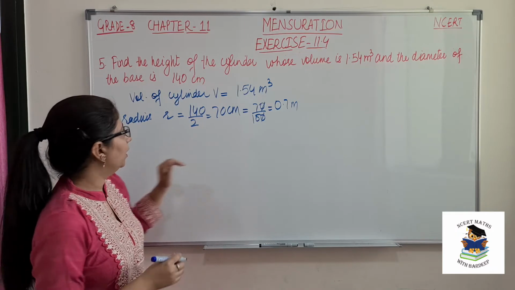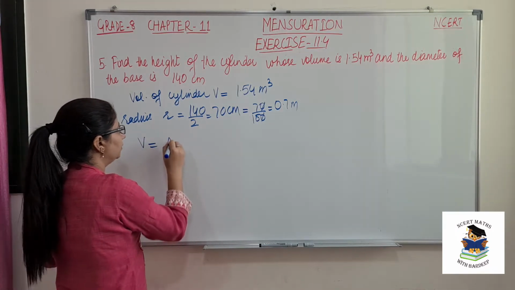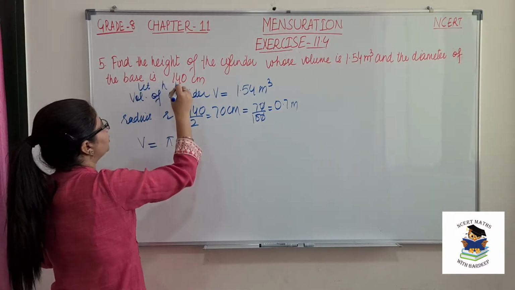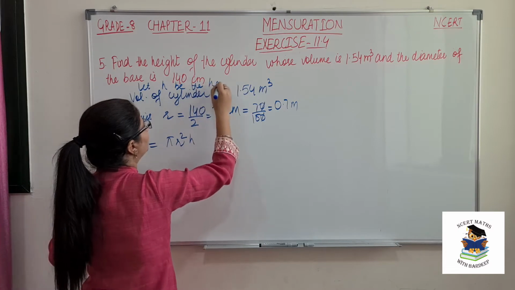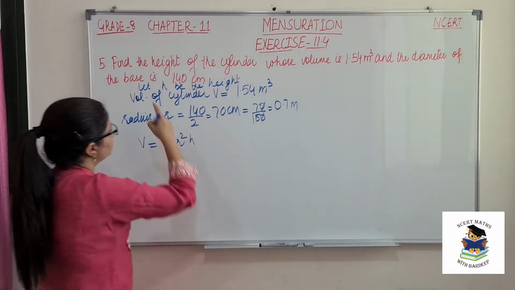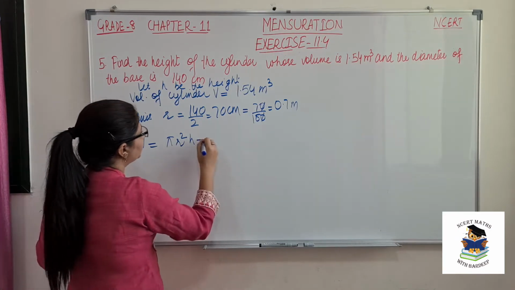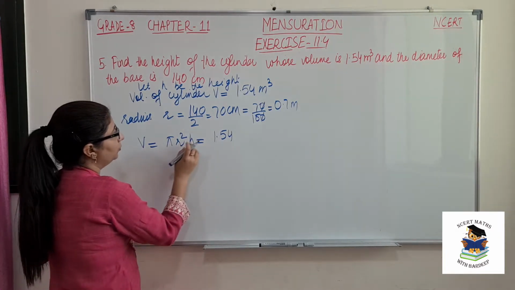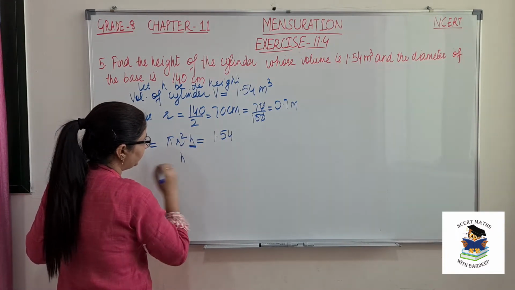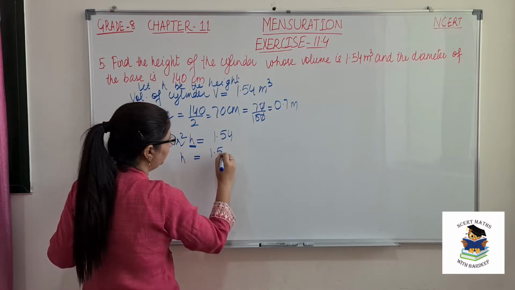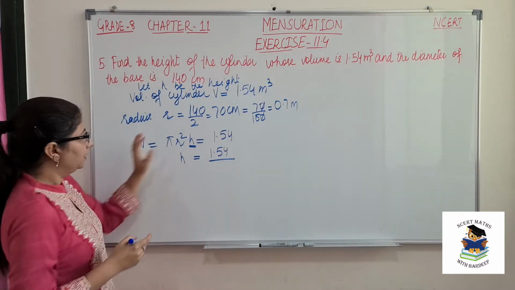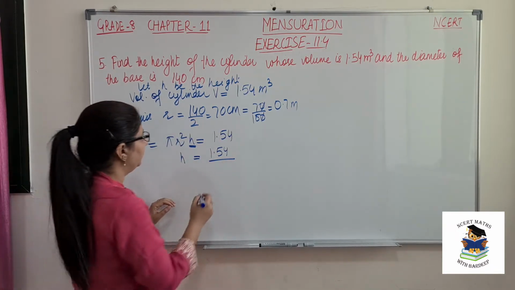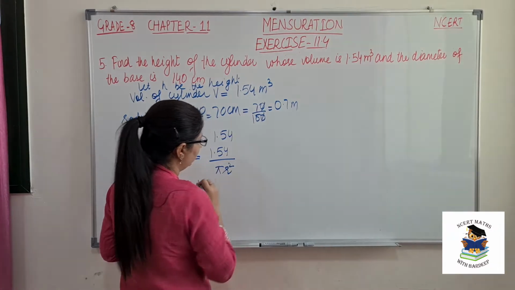Okay. So now what is volume of cylinder? So volume is equal to pi r square h. We should write here, let h be the height, because we cannot use the variable if it is not defined before. So pi r square h is given as 1.54. Okay. So we need this h. We will keep h here and then 1.54 over. See, this pi r square is multiplied with h, so it will go to denominator here. So this is pi r square.